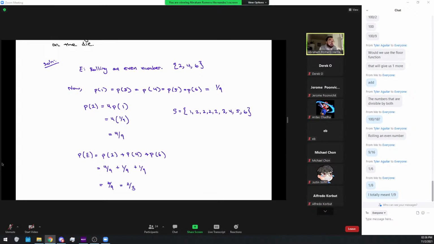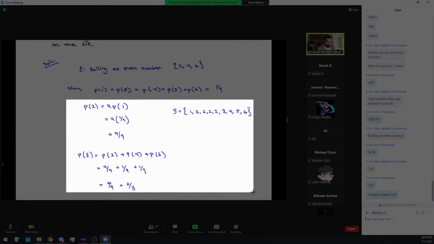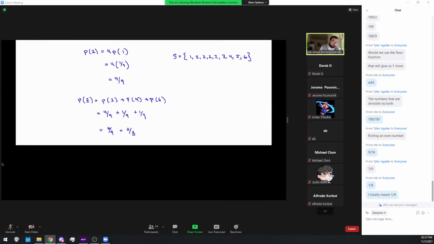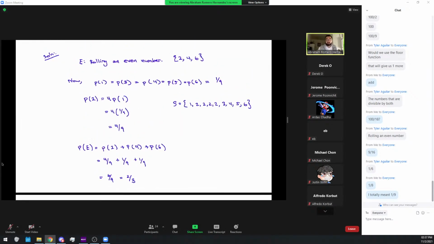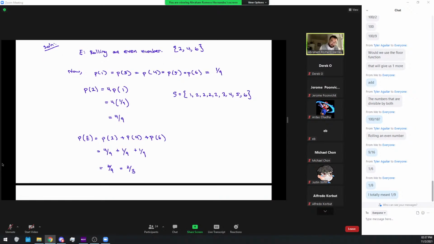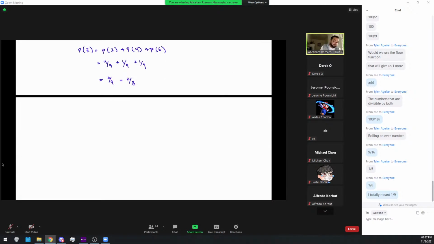Any questions on that? No? Okay. And the idea of adding these up to help us find this probability leads us to the next definition. I'll leave this up there for a couple of seconds, just in case you didn't get it down. Okay, this leads us to this definition.